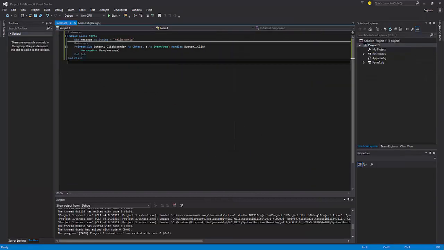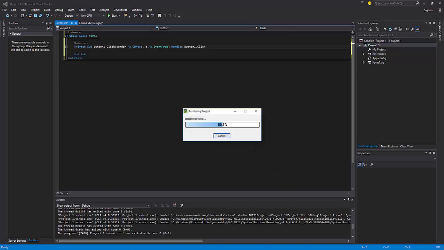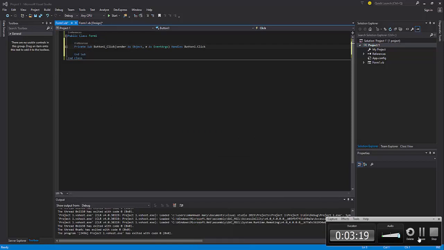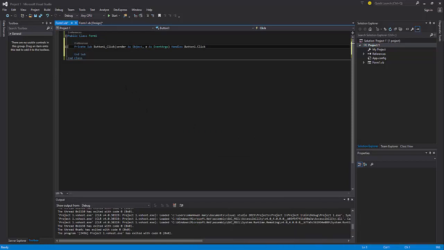So on today's lesson we are going to see how to work along with the variables. So let's delete this message, then let's delete this code here, so let's begin by saying